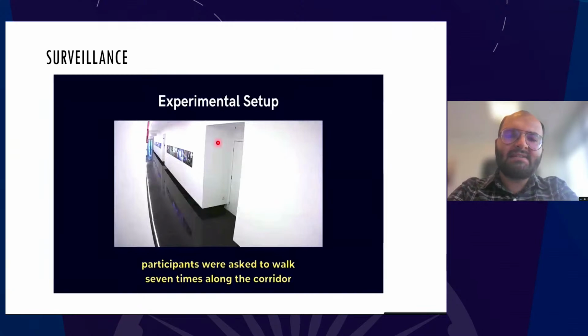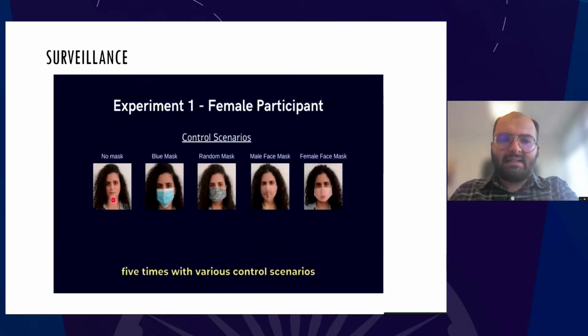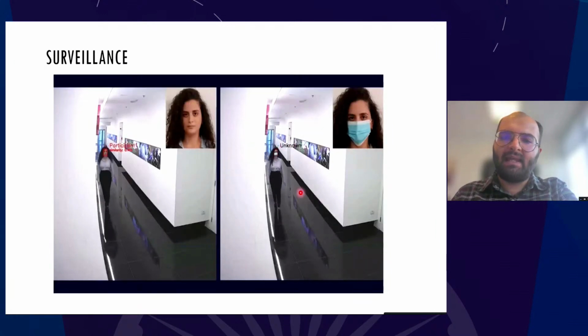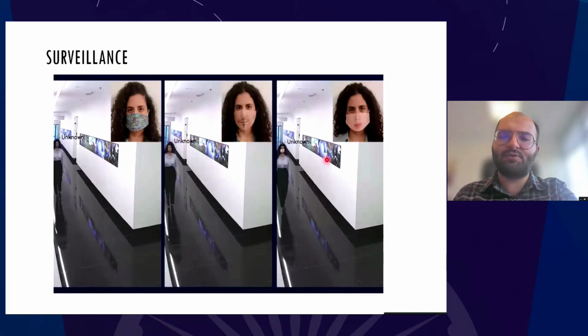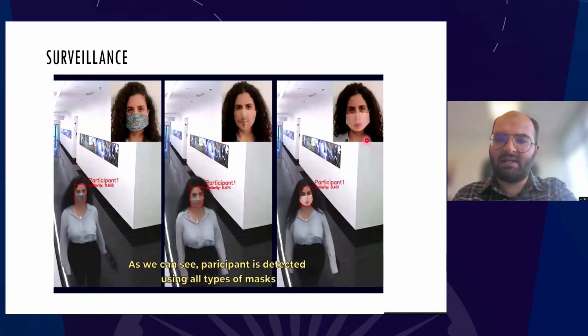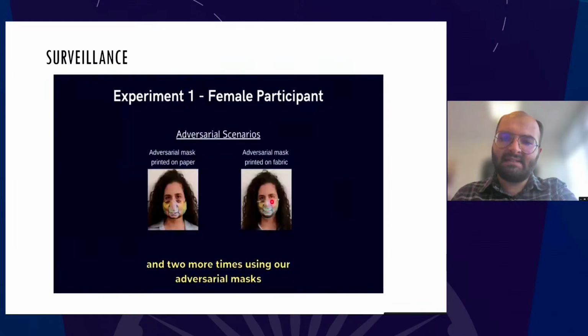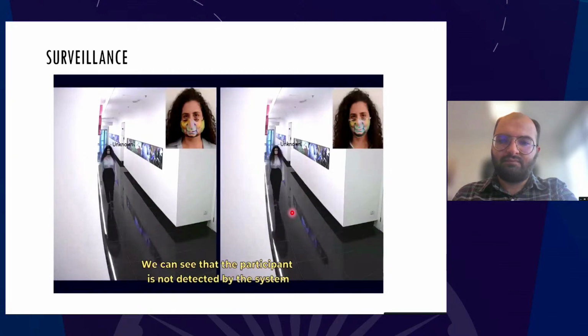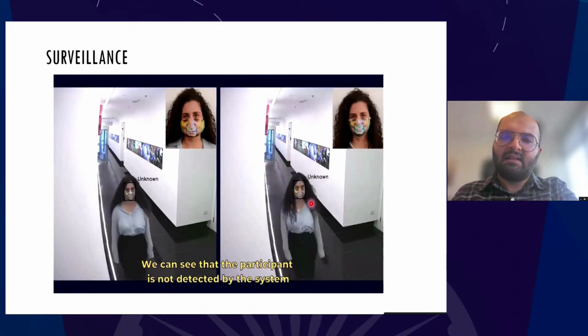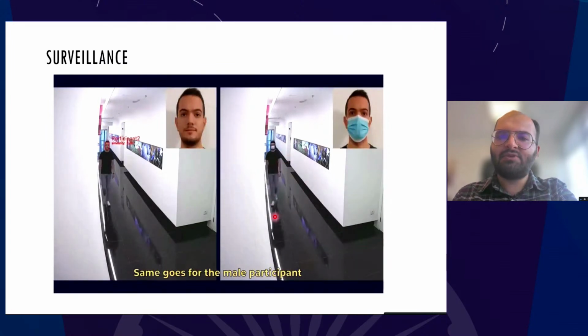दूसरी चीज अगर मैं बात करूं तो सर्वेलेंस में मैंने आपको बोला कि सर्वेलेंस में भी एआई यूज हो सकता है, तो उसका मिसयूज कैसे किया जा सकता है। यहाँ पे हम अगर देखें तो मास्क अगर किसी ने नहीं पहना है तो हम उसको डिटेक्ट कर सकते हैं, राइट। लेकिन कुछ स्पेशल टाइप्स के अगर हम मास्क पहने तो वो इंसान की पर्टिकुलर आइडेंटिटी रिवील नहीं हो सकती। यहाँ पे देखिए पार्टिसिपेंट 1 की आइडेंटिटी रिवील हो सकती है चाहे किसी भी तरह का मास्क पहना है। लेकिन मैं अगर स्पेशल टाइप का मास्क क्राफ्ट करता हूँ जो कि एआई से ही पॉसिबल है, तो उससे मैं अपनी आइडेंटिटी छुपा सकता हूँ। देखिए यहाँ पे ये पर्सन पार्टिसिपेंट 1 डिटेक्ट नहीं हो पा रहा है, राइट।